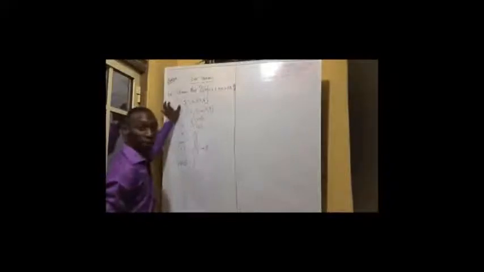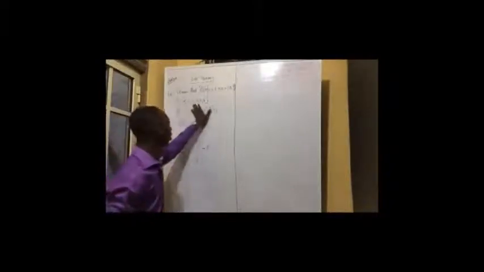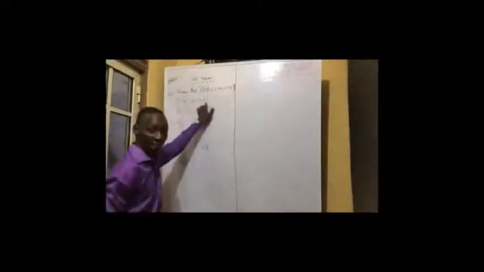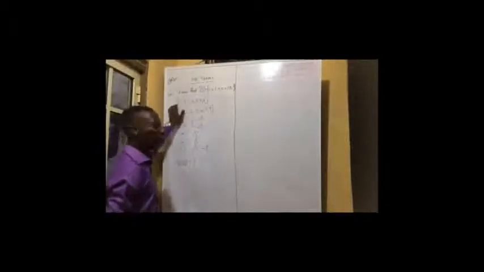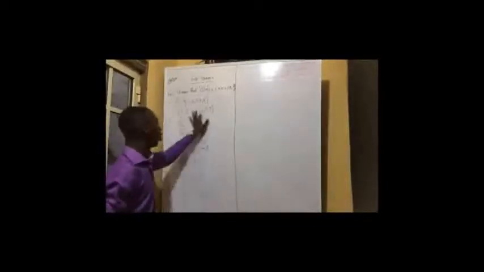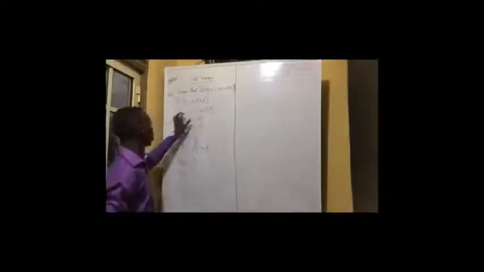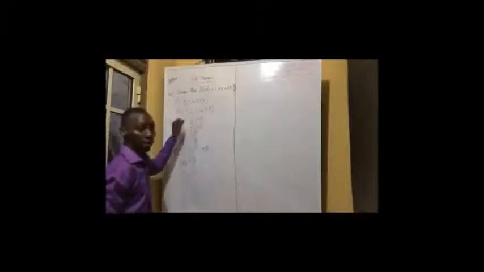Now, let's look at these two sets. Don't forget, I said this is a set denoted with a capital letter. Then all these are elements contained in this set. You call them elements, or you call them members. You call them members of set A or elements of set A. Look at all this. We call them members of set B or elements of set B.